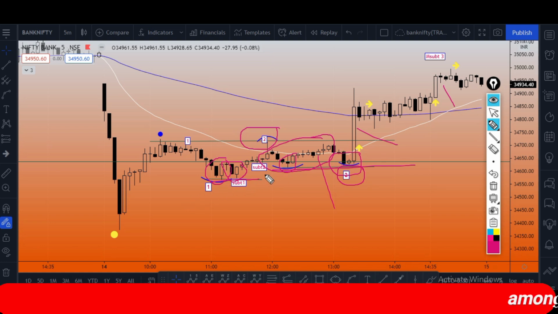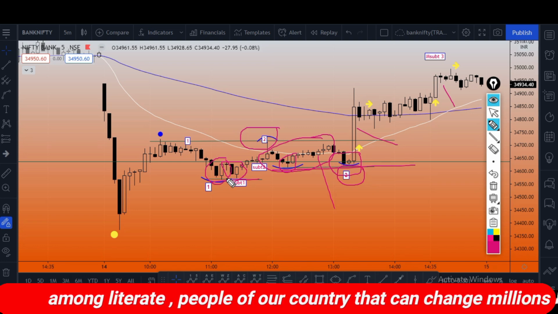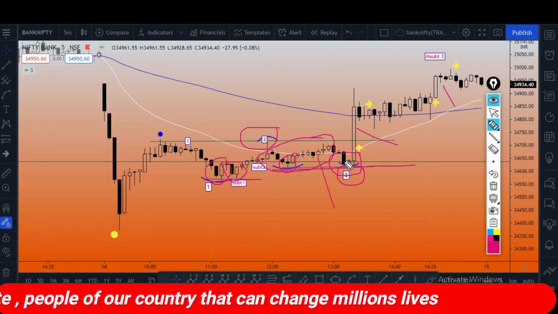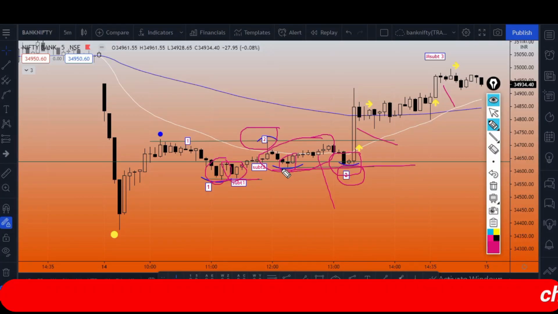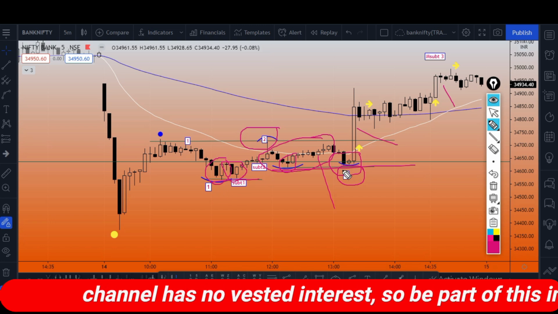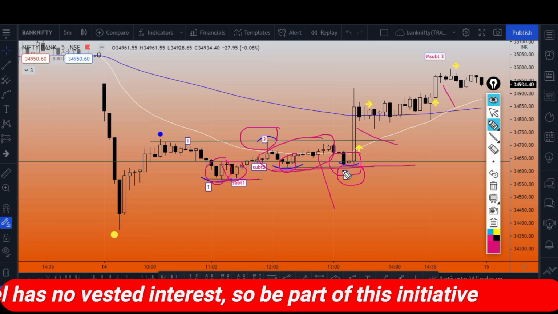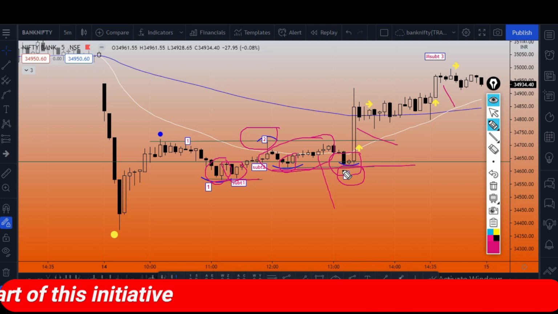The first reason is this bullish engulfing pattern. The second reason is this pattern. The third reason is the bullish Harami pattern, and the fourth reason is that this pattern did not invalidate these patterns. When you get these four reasons, as I tell you every time, if you go for the entry, at least you need 2 to 3 reasons.